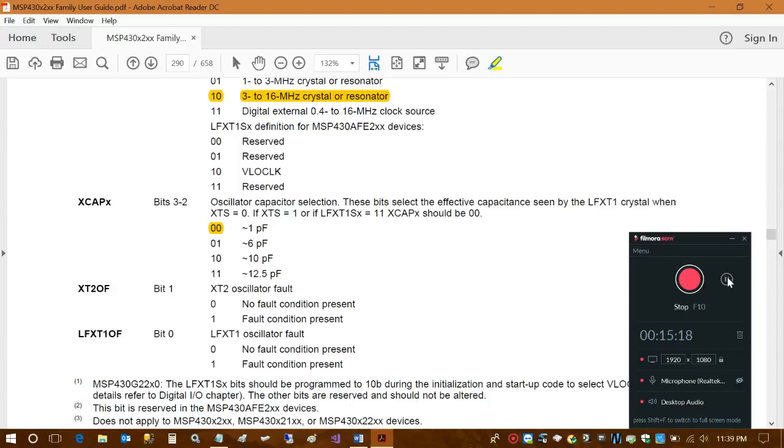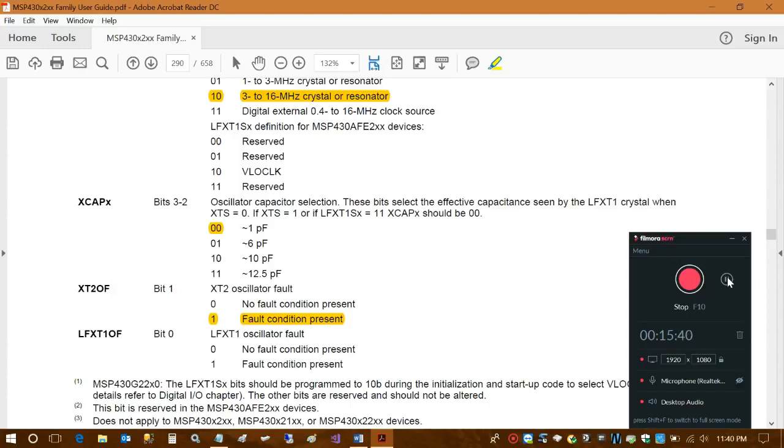XT2 off. If your device has an XT2, then you can put it off in case you are not using XT2. If you're using XT2, then XT2 has to be made present in the fall condition present, that is this one. I'm sorry,